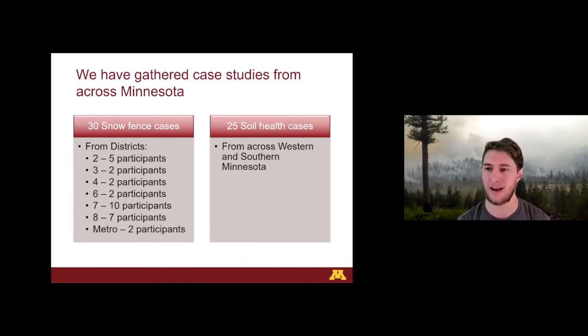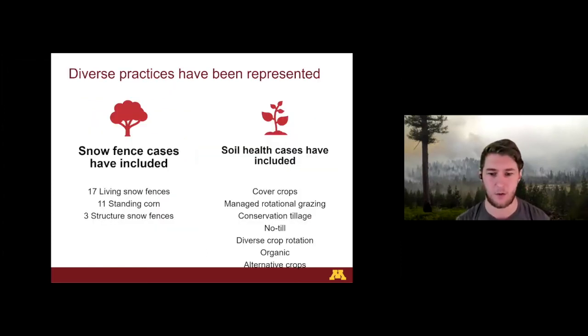And then for our snow fence cases, we tried to get an equally broad blend there. So MnDOT is separated into 8 service districts. We tried to get a broad swath representative of all of those different service districts. So our information is coming from a very large portion of the state, and that's our intention. And so what's been included in these? In terms of snow fences, again, we're trying to capture as many different observations as we can.